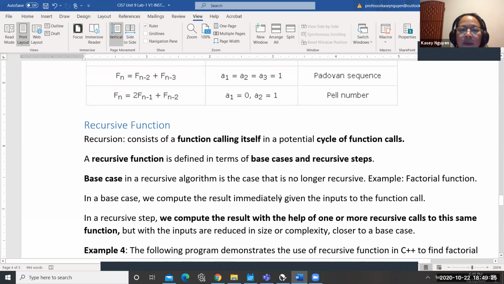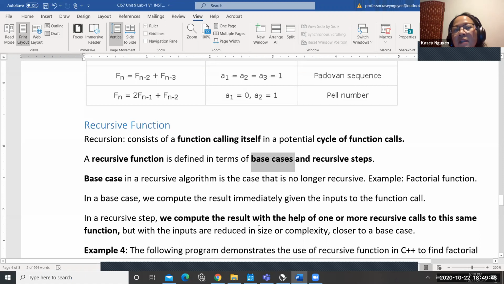And we talked about recursive function in example 1, a function that calls itself. And the cycle for it would just include its own function calls. Now in a recursive function, it's important that you include base cases.